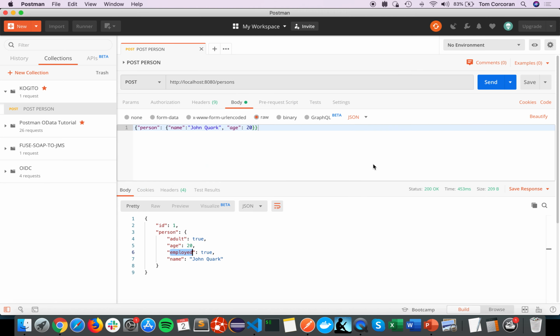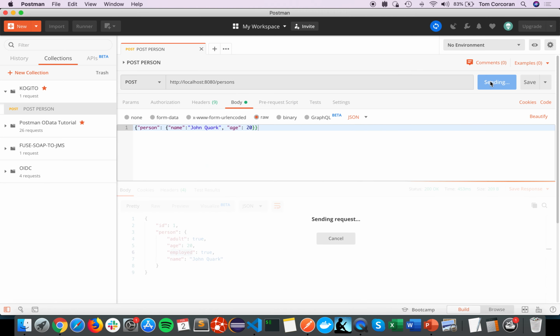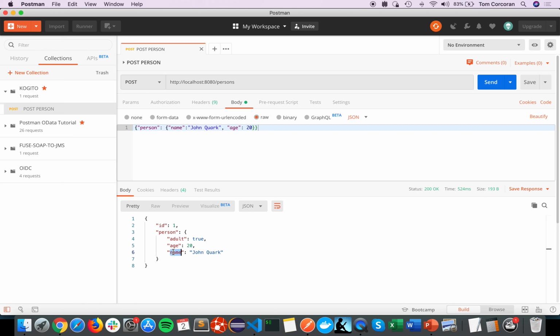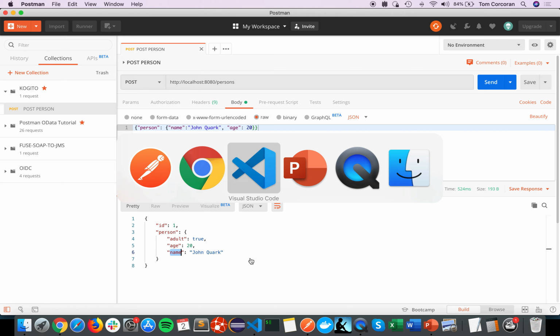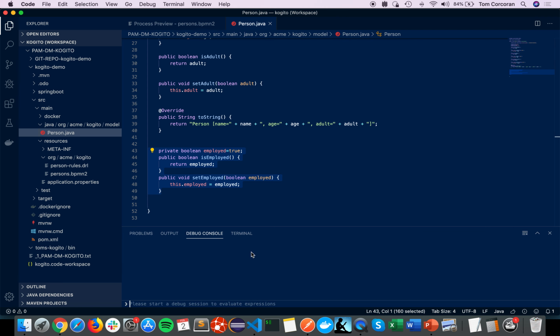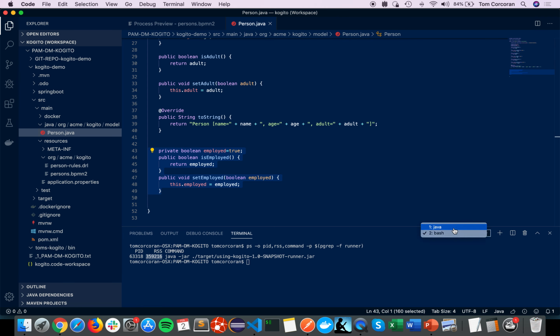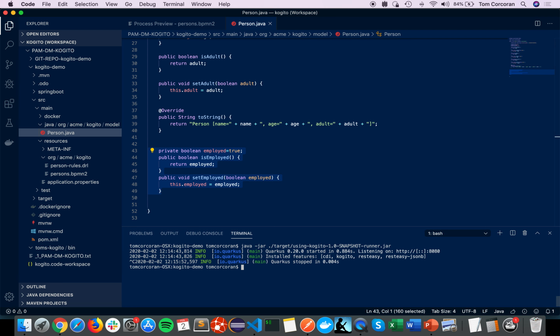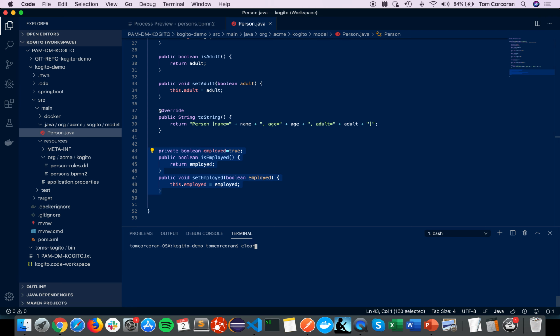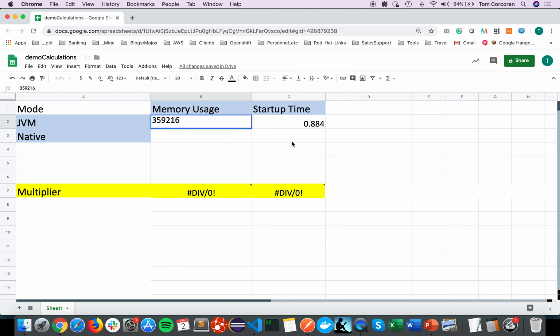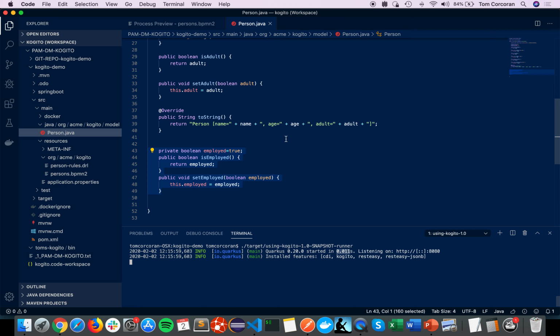and just to prove that we do have a functioning application, you can see that it was compiled without the employed field before. And now what we're going to do is effectively do the same thing. We're going to cancel out of JVM mode, and we're going to start up in native mode. We pre-compiled this to native before because it takes a few minutes. You can see that we've got 0.011 as a startup time in native,